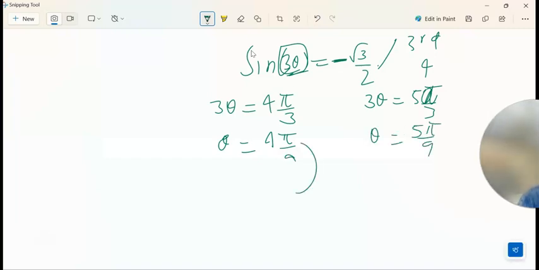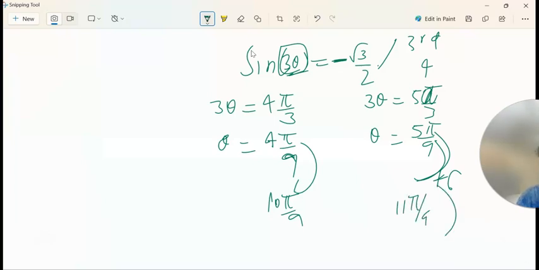And then all you do is keep on adding 6, 6, 6, and you're done. See? So 4 plus 6 is 10 pi by 9. And you add this one plus 6, you get 11 pi by 9. You don't have to break your head and say,